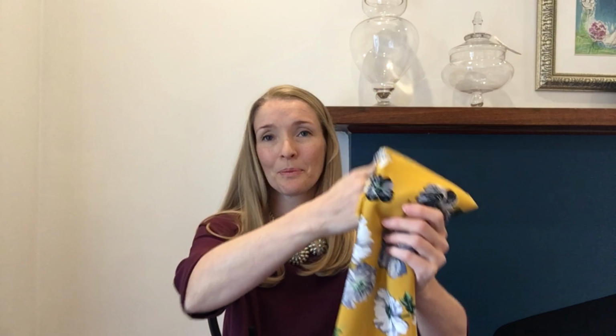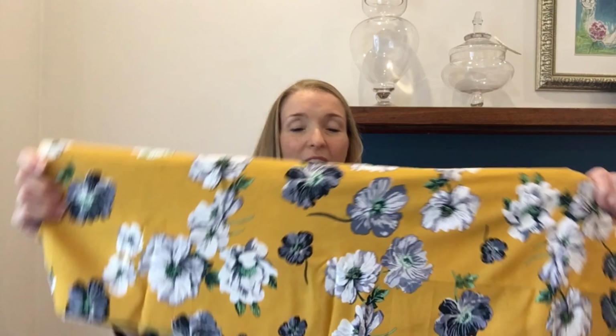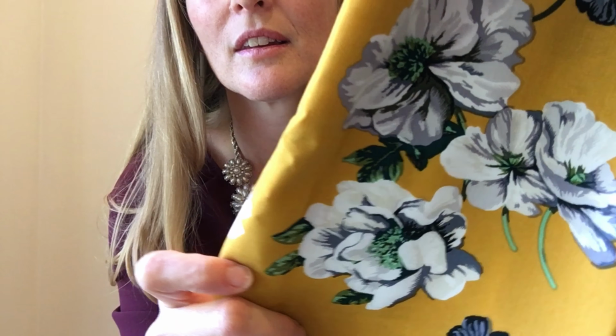So I have seen this, as I said, a few people have made things from this fabric, and I just loved it. And I forgot that I ordered the thread too, so that's just fallen out of the package. But isn't that gorgeous? So my plan with this was making a skirt. I'm not sure that yellow would suit me. I know that I do normally love a dress, but I think that the yellow would look really cool in a skirt, and you can wear it with a black or a white top, and there's some green in there too, so let me hold that up. I think that is super cool, so I'm really excited about that one,